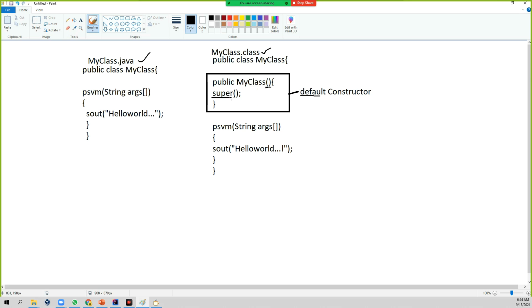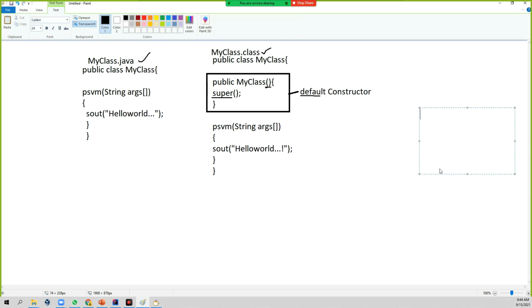Inside the default constructor, you can see an extra line added, that is super(). What does this super() mean? Usually super refers to the parent. I have MyClass here, so who is the super for this one? The super is Object. There is one more class, that is Object, and Object is the parent of everyone.